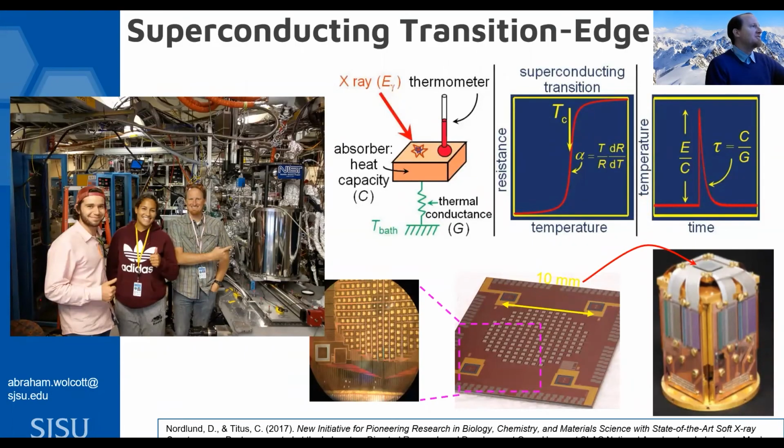The TES is a very fancy thermometer that's held at 60 millikelvin. When the X-rays strike the detector, it slightly raises the temperature of the detector. The reason it's called the transition edge sensor is that it's right on the transition edge between superconductivity and not being a superconductor. So when the temperature changes from the impact of the X-ray, it changes the resistance. The resistance then changes the current passing through the detector and is proportional to the original X-ray